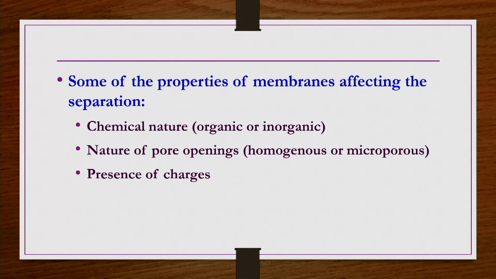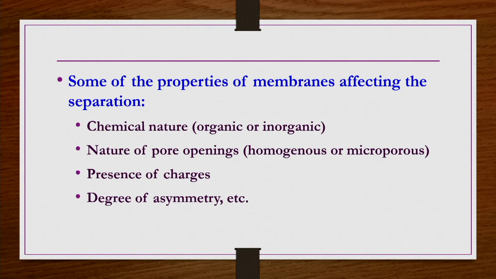Then the presence of charges. In general, some membranes naturally have some kind of functional groups on the surface, or artificially, by chemical reaction, the membrane surfaces are made to have charges, or some functional groups are attached to the membrane surface through chemical reaction. Through those functional groups the membrane surface will attain some kind of charges, which can be useful in charge separation, or separation based on charges. Under such conditions, membranes with charge on the surface can be used. So that is also going to show an effect.